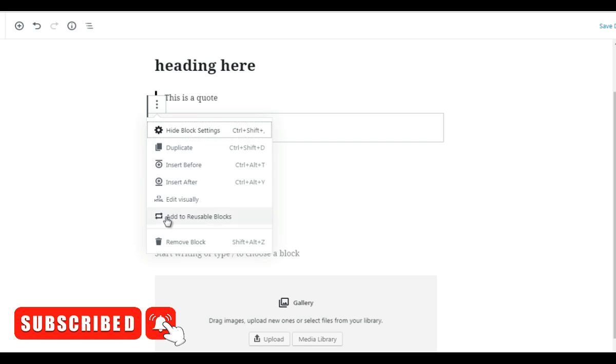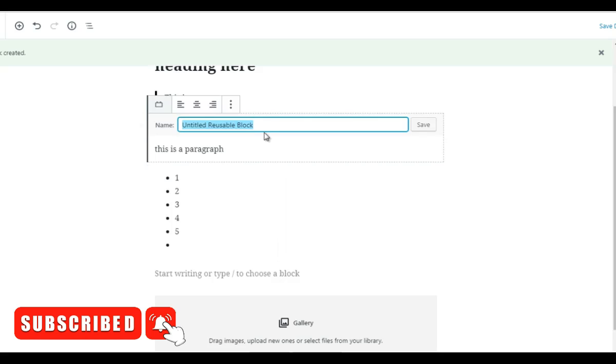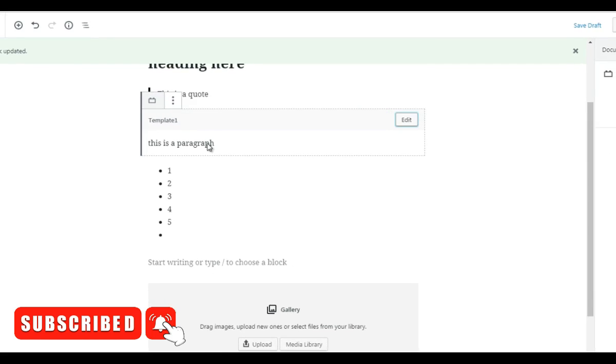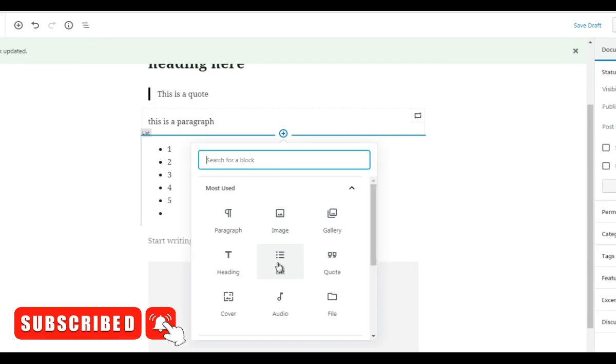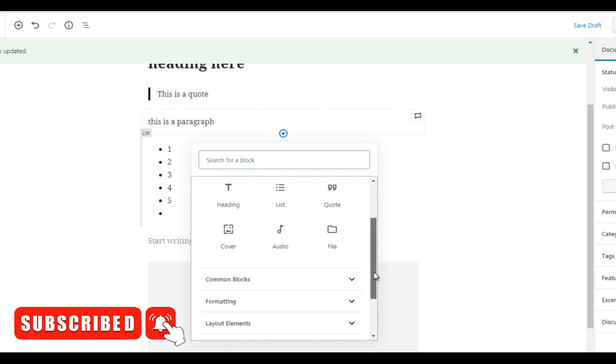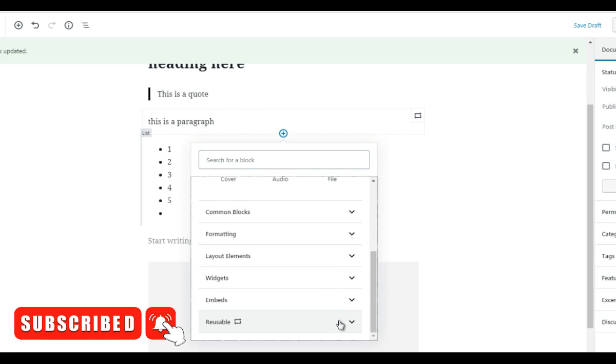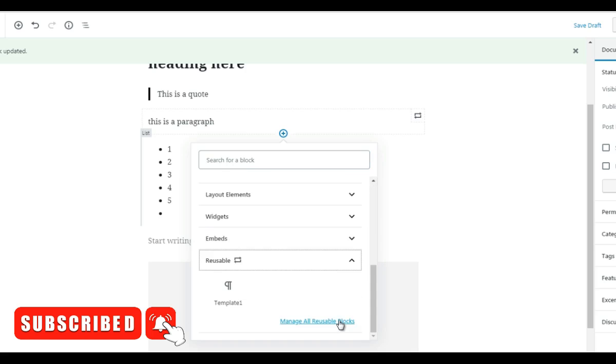All right, so you can add reusable blocks. So you basically can create blocks that can be reused again and again. So think about these kind of like templates. So this could be like template 1, and you click save. All right. So if we click plus here, and you go down to reusable right here, you can see that template 1 is here.